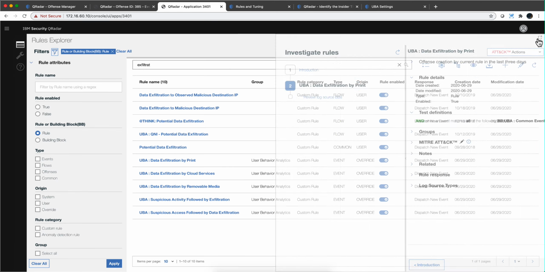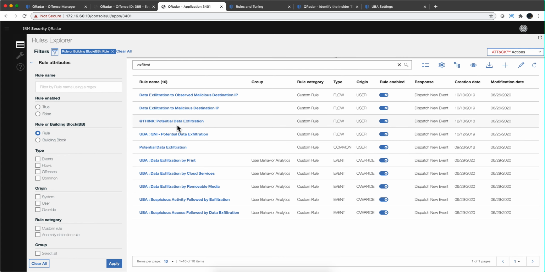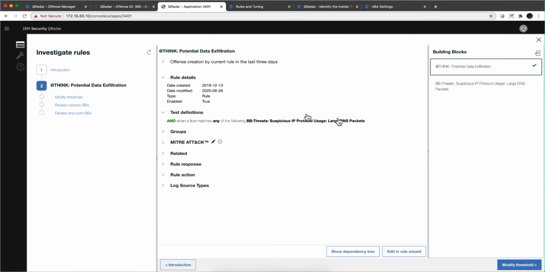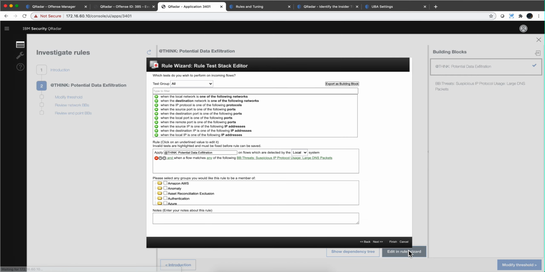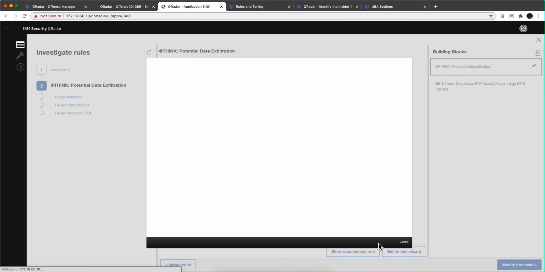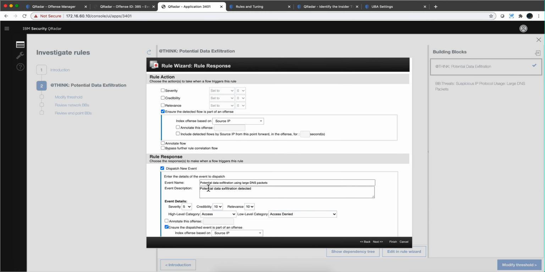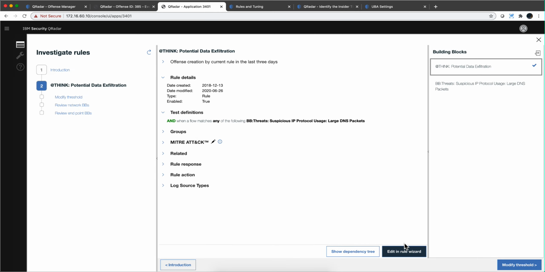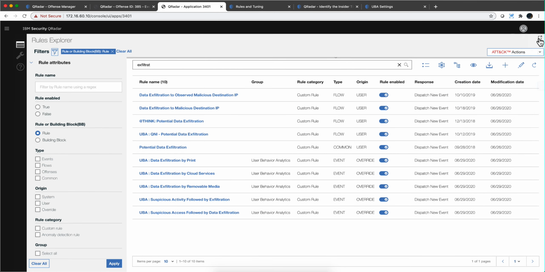All that to say that if you have any rule, let's say that this is a rule that I define myself, and I want it to contribute to risk, all I need to do is go here, and regardless of whether it fires an offense or not, here in the event description, I need to put that sense value equal whatever, 25 or whatever is the parameter. And by doing so, when this rule fires, it will add risk to the specific user involved in here. So that's the difference between the rules that are pure UBA and the ones that are not. But you see that they can work very nicely